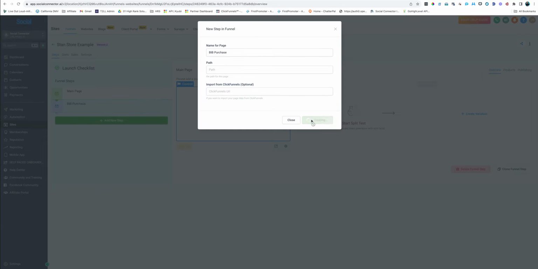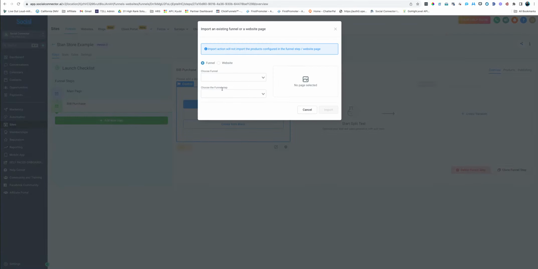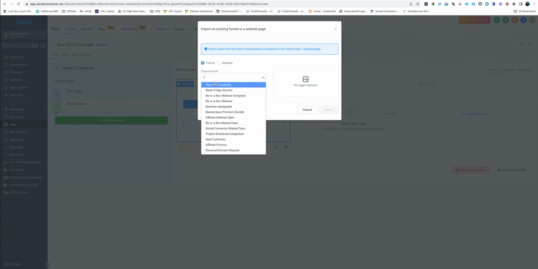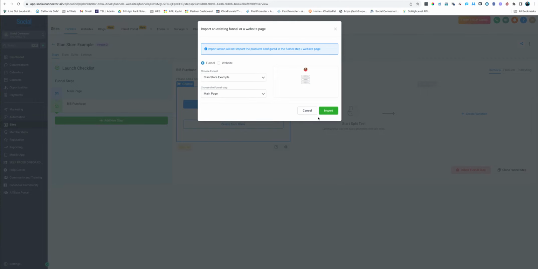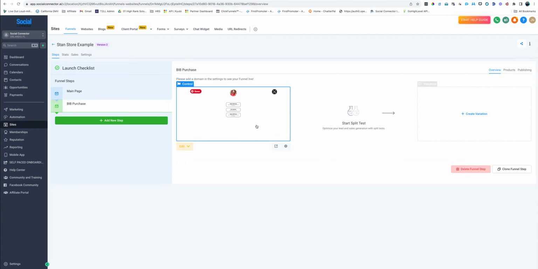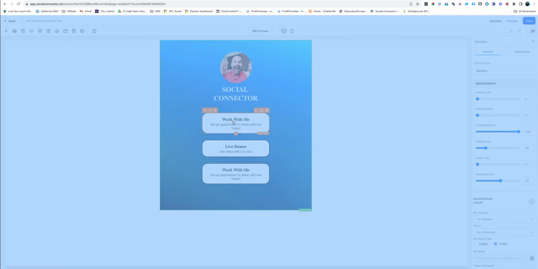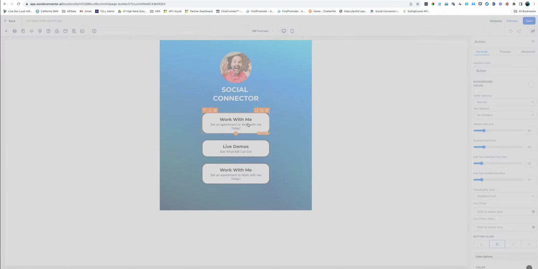So our BIB purchase. We're going to use an existing funnel as our template. We're actually going to use our Stanstore example, and we're going to use our main page. Why are we going to do that? Because here's what that's going to do. It's going to give us the entire page ready to go. All I have to do now is open this up. Okay. And now when they come to the Business in a Box page, which should be our very first one here, when they come to this page,